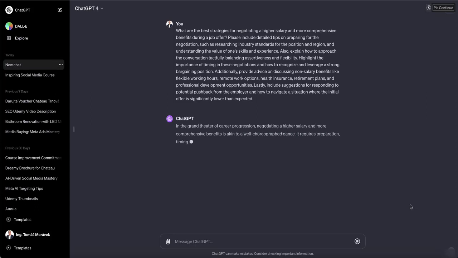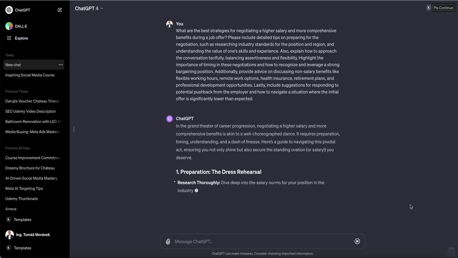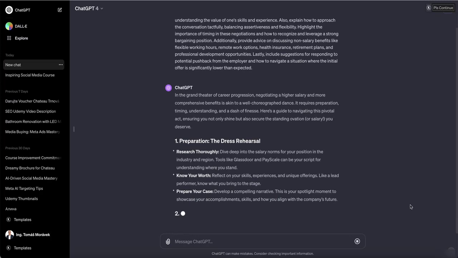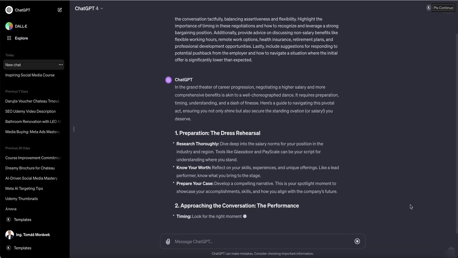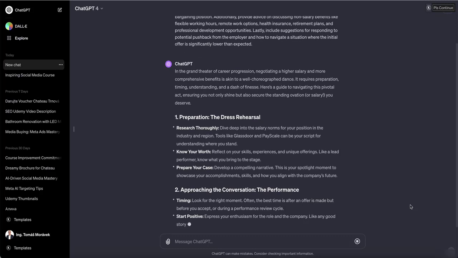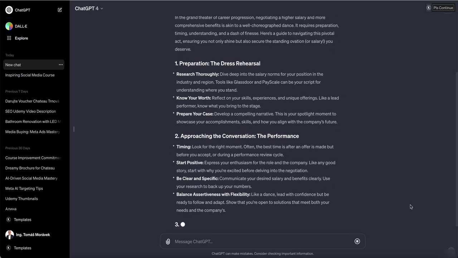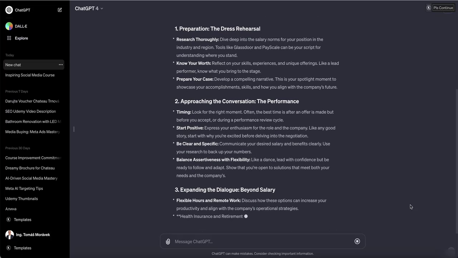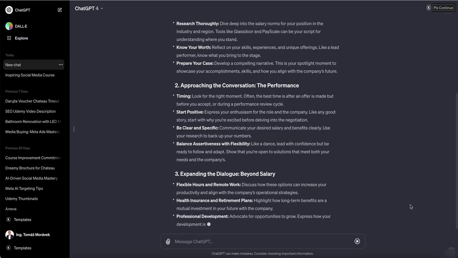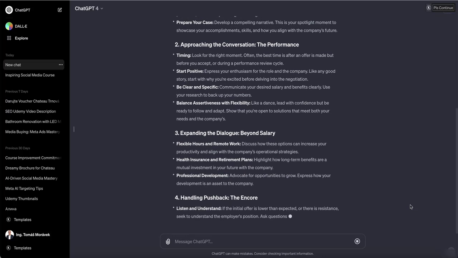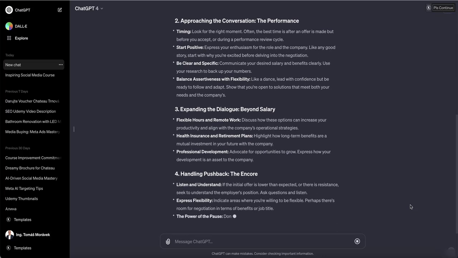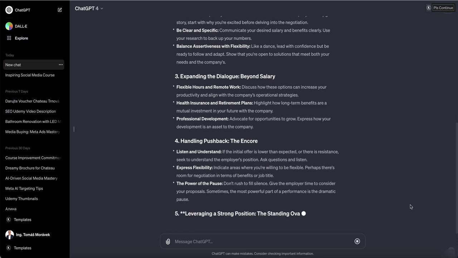And now this is ChatGPT 4 with custom instructions. So it started a little bit poetic, but it's giving some nice advice about preparation, research, and understanding your value and preparing the case and how to approach the conversation, like timing, starting positive, being clear and specific, and of course about the balance.